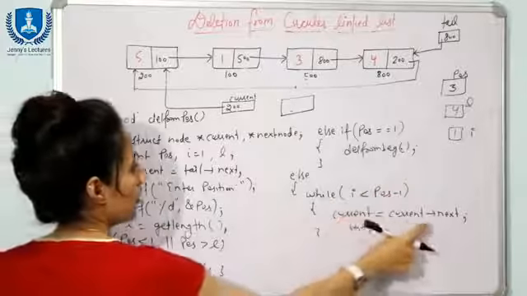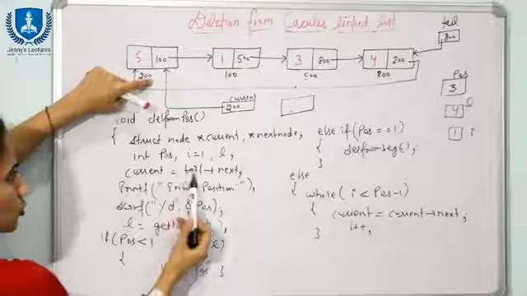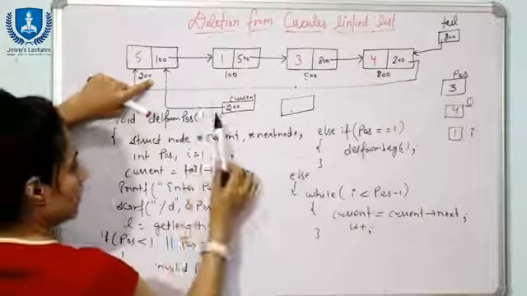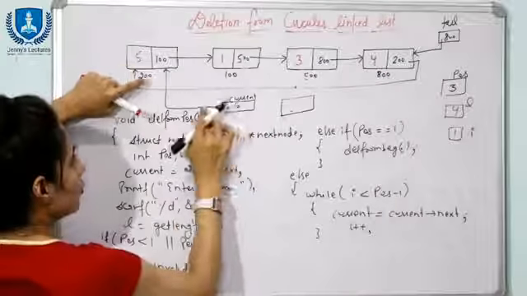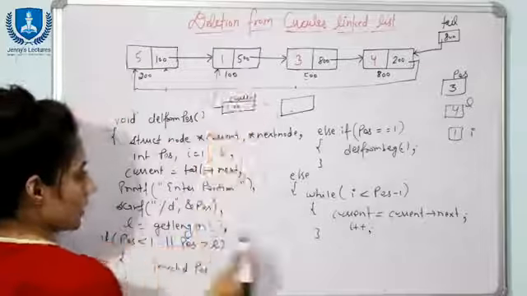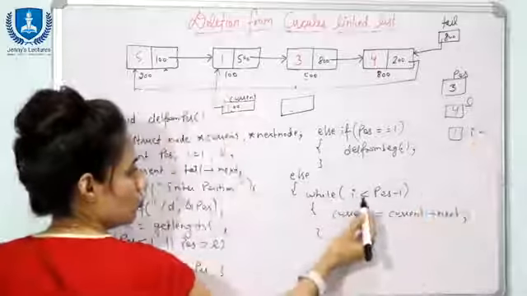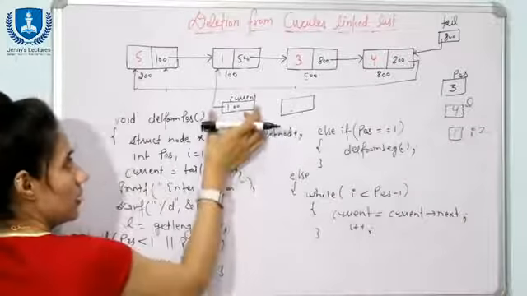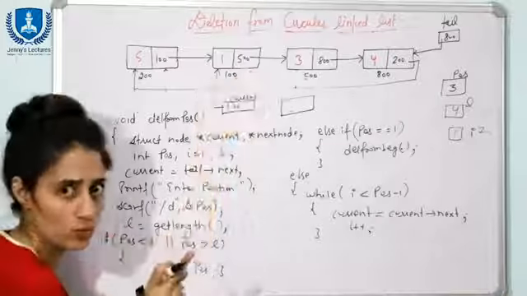Now current is equal to current of next. Current is pointing to this node because we have set it here. Current is equal to tail of next, and tail of next is 200. So current is pointing to this node. Now we will move this. Current of next is what? 100. So here we will store 100. Now current is pointing to this node, right? I plus plus, now I becomes 2. Is 2 less than 2? No. So we are not going to enter into this loop. Now we have set current here. As we can see, we have reached till position minus 1.